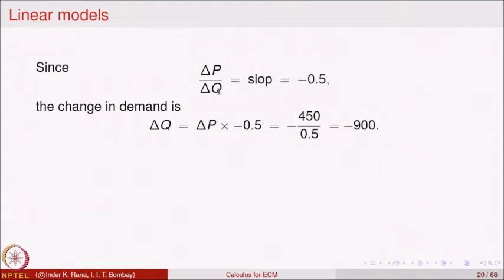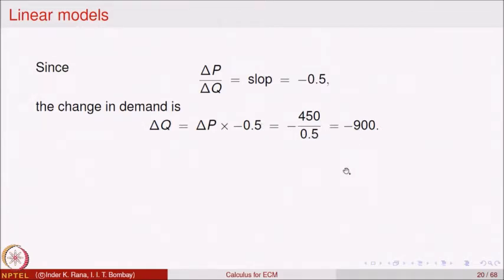So, if we take it on the other side, delta Q, there is a mistake here. The slope is y2 minus y1, that is okay. So, there is a mistake here. We should be dividing, so delta Q is delta P divided by minus 0.5. Delta P is 450. So, here is a typo, it should be division. So, forget this step. From here delta Q is delta P divided by minus 0.5. So, that means this is equal to minus 900.